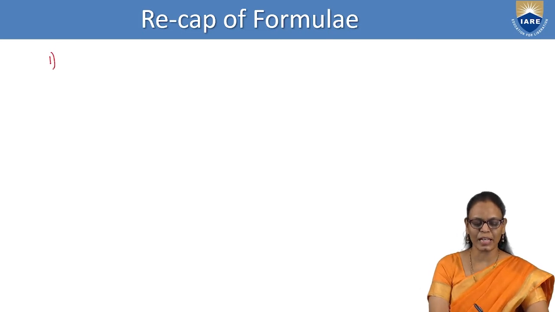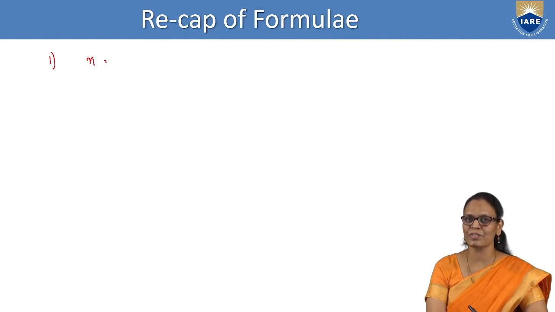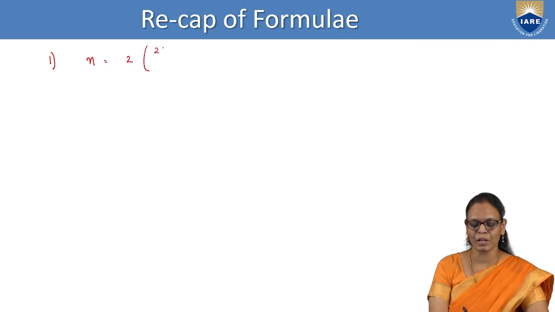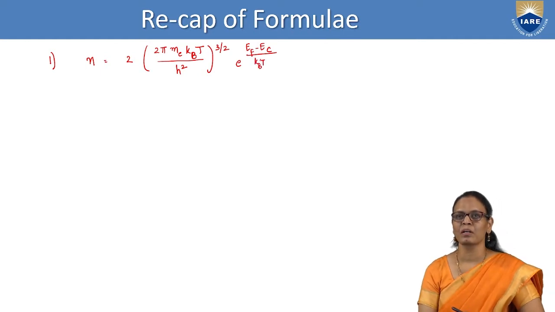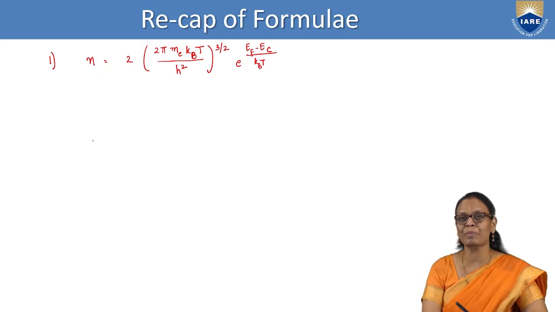So the first one is N. N here represents the concentration of electrons in the conduction band, given by 2 into (2 pi me kBT by h square) power 3 by 2 into e power (EF minus EC) by kBT. I will tell you the terms that we are using here so that we will be using the same terms